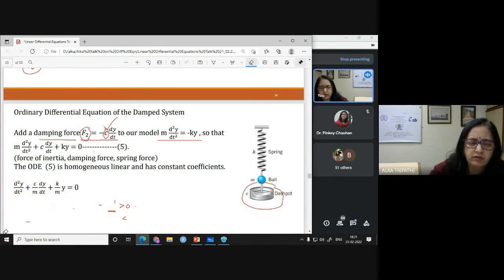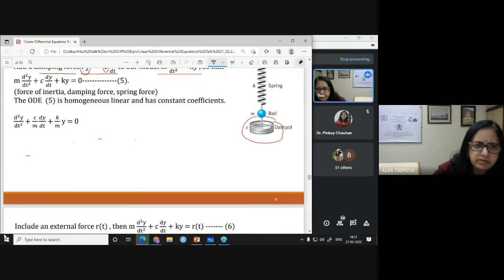We can solve this equation because this is nothing but a linear equation with constant coefficients, and get the value of y. So the auxiliary equation is r square plus c by m r, I am writing r because m is already considered in this one, plus k by m equal to 0. So r is equal to